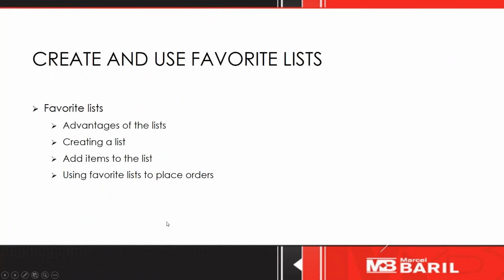All right, so create and use favorite lists. Why would you create favorite lists? You can place orders in a very fast manner. You can find products you usually order very quickly. So lists basically help you shop very, very quickly, okay? Especially if you make a lot of recurring orders. If the SKUs you order from Marcel Baril are limited to, let's say, 50, favorite lists can be very practical,